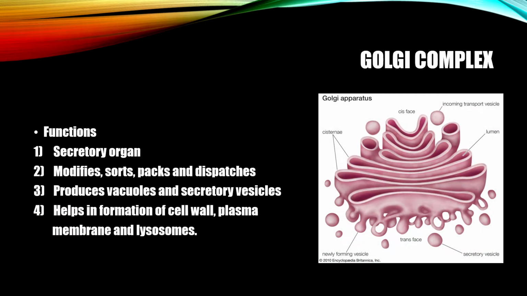It is made up of 5 to 8 hollow and flat sacs placed parallel to each other. These sacs are called cisternae and are filled with different enzymes. The proteins coming from ER, that is endoplasmic reticulum, are enclosed in vesicles which come towards the Golgi complex via cytoplasm. They fuse with the formation phase of the Golgi membranes and empty the contents in the cisternae. That means whatever comes in the body enters the Golgi complex with the help of cisternae, and is emptied in the cisternae itself.